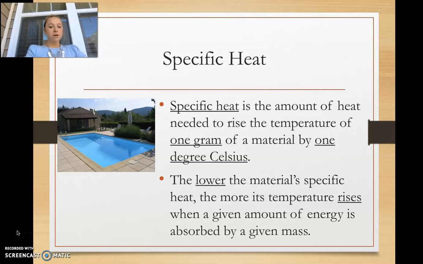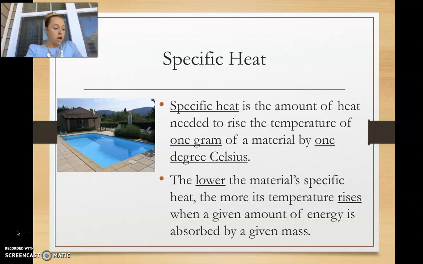So today we are going to talk about specific heat. And specific heat is the amount of heat needed to raise the temperature of 1 gram of material by 1 degree Celsius. So the lower the material's specific heat, the more its temperature rises, given the amount of energy absorbed